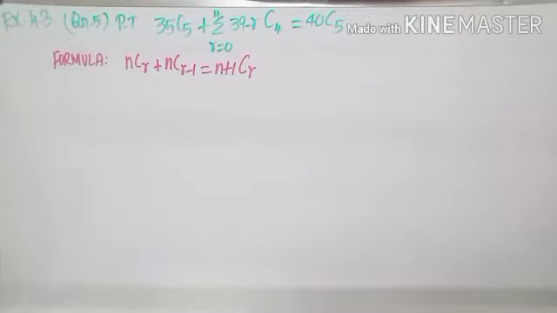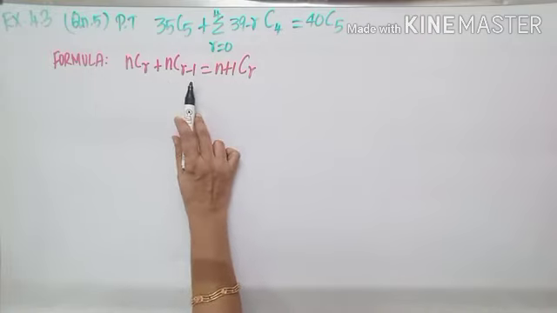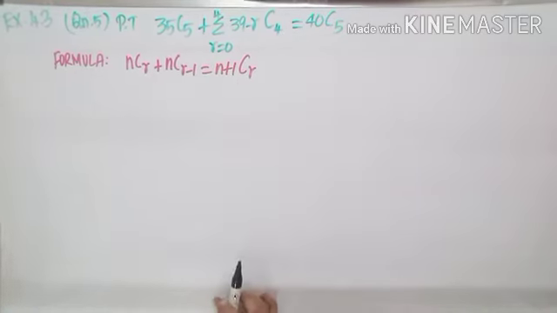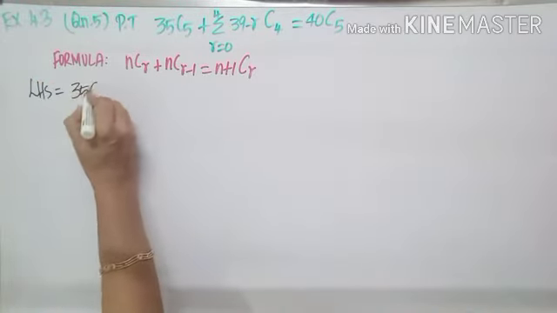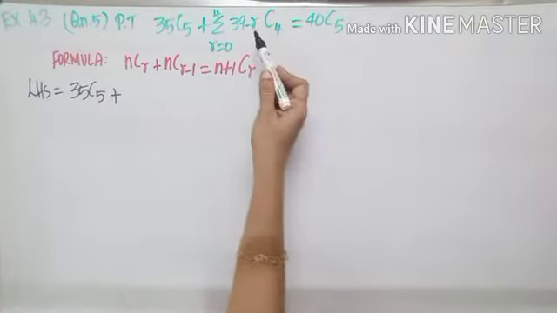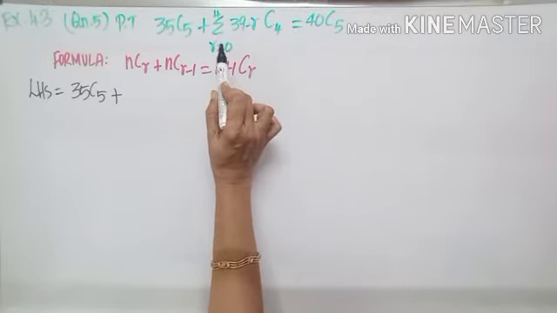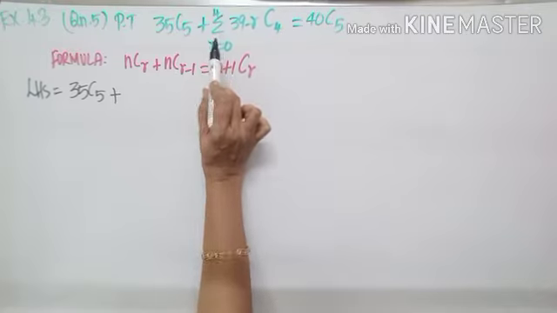Question number 5. Prove that 35C5 plus sigma R equals 0 to 4, 39 minus RC4 equals 40C5. The same old formula we use, NCR plus NCR minus 1 equals N plus 1 CR. Start from LHS. What is the LHS? 35C5 plus sigma tells me wherever R is coming, put 0, 1, 2, 3, 4 and add it. Sigma stands for addition, summation.